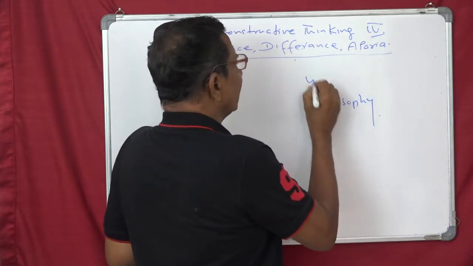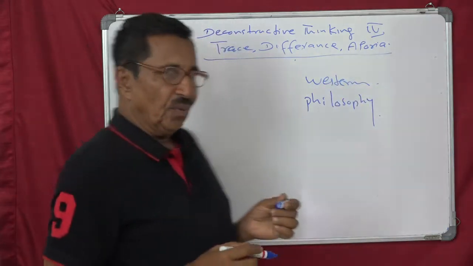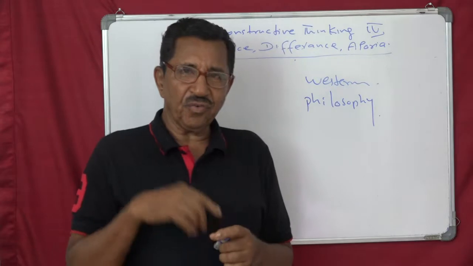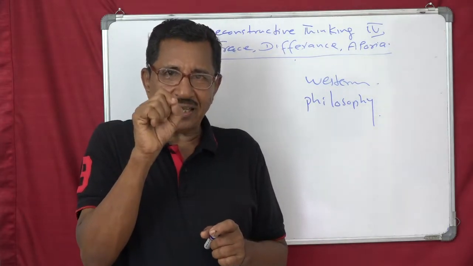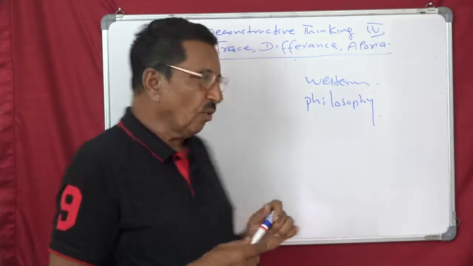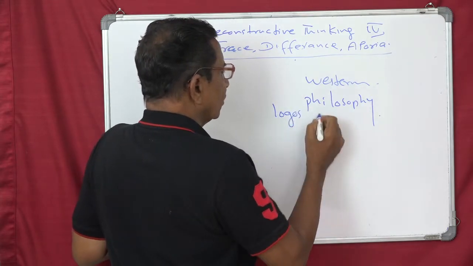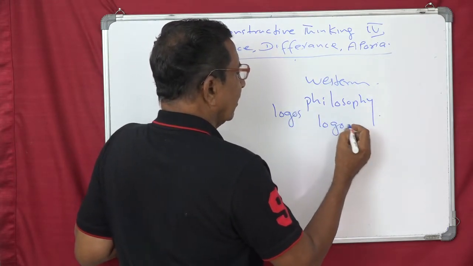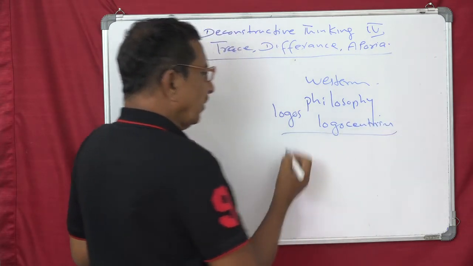That was his idea. How to show the fault lines in the logocentric approach of Western philosophy. What does logocentric mean? Logos means word. So logocentrism: Western philosophy was